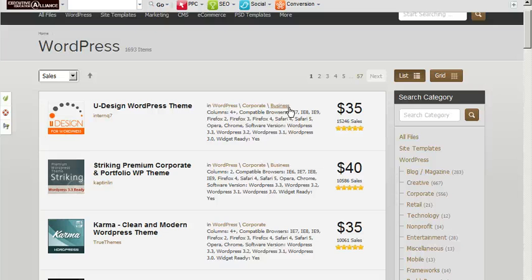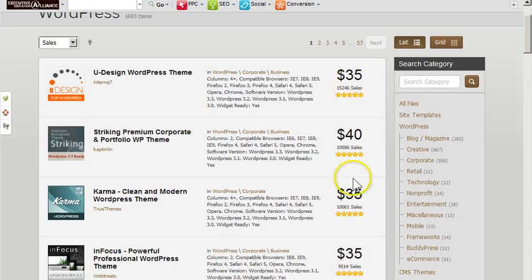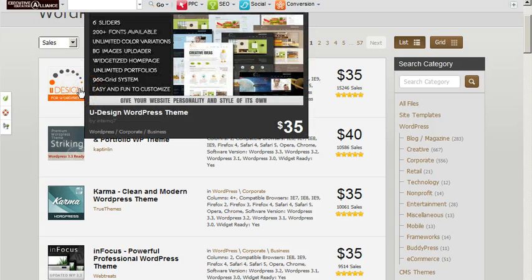What I look for in a theme, in a template, is a combination of strong sales and very strong rating. So I try to find websites that have at least a 5 rating, if not a 4 at the minimum. I never go below 4 because that usually means it has significant problems. You're really going to want to find a website on here that has a 5-star rating. And let's take a look and just see what some of these templates look like. You can see the pricing over here, very affordable. It's a one-time fee, it's not ongoing,